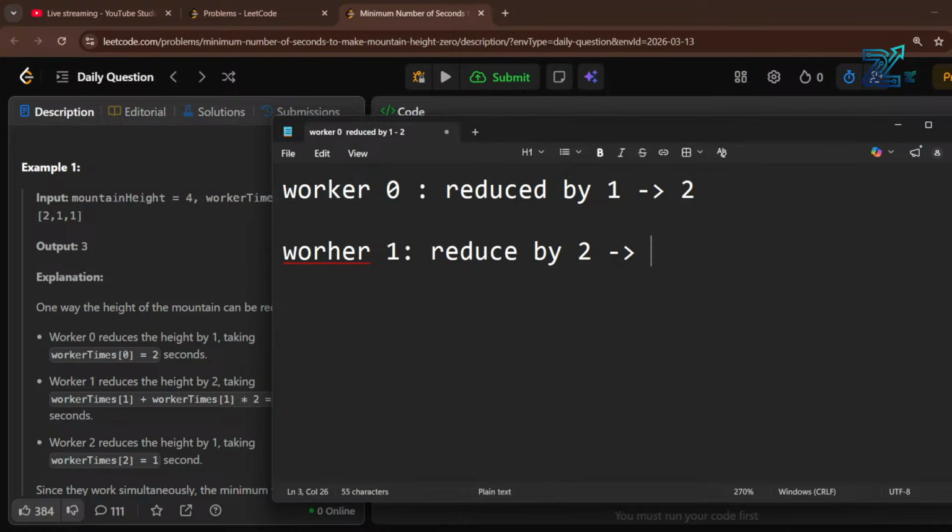So now the cost is 1 multiplied by 2, and 2 multiplied by 2 plus 1 by 2. So it will be around 3. So it is 3 seconds. So for the next one,